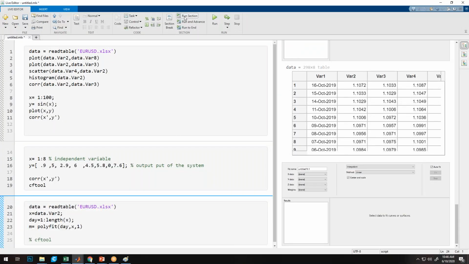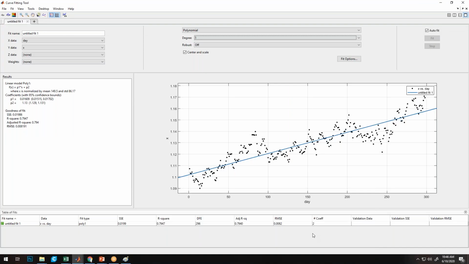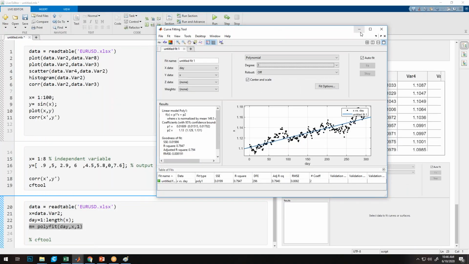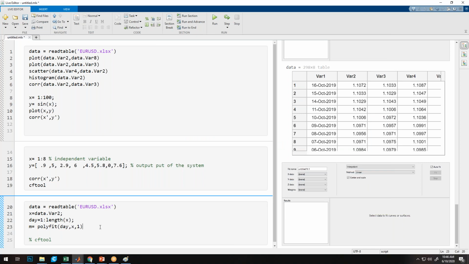Yeah, so now if I run this, this is the command method of getting the same data without manually opening the toolbox. For a quick analysis we use the toolbox, but at the end we want everything to be automated, because we want the machine to automatically take all the decisions and do the calculation. So at the end we have to write everything into a script, right? That's why we should know both methods: the toolbox for quick analysis and the command method to get the data, because manually you won't come every time and do the settings. So this is the command method through which you can get the data.